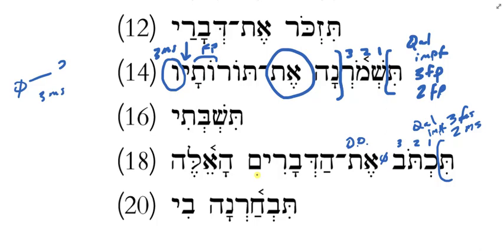All right? So now again, the imperfect could also be used for other situations, like if I'm telling someone to write these words, I might use the imperfect in a modal sense. You must write these words. Okay, that's a possibility. Or if my child says, Daddy, may I write these words? I can say, sure. Tiktov, you may write these words. Okay, so the imperfect can cover all those sorts of situations.